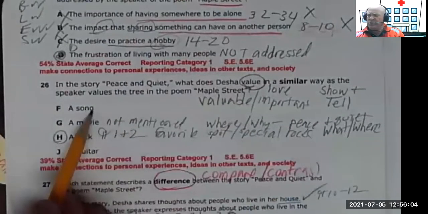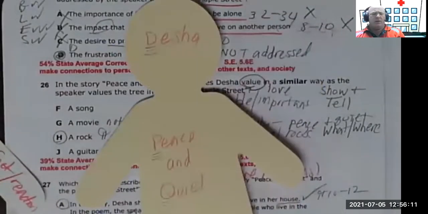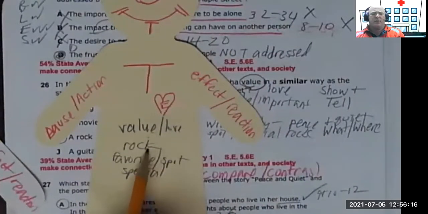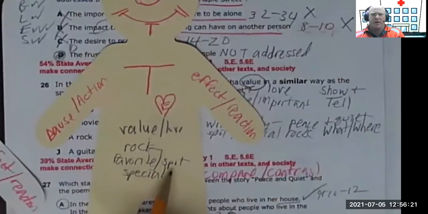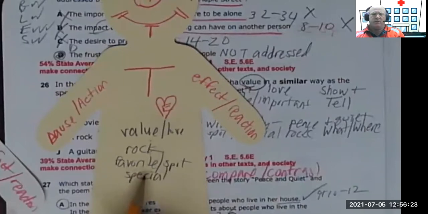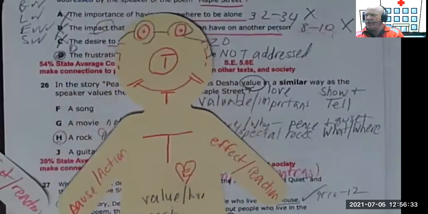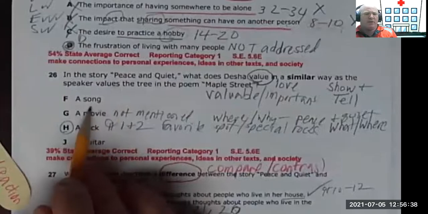So let me get Daisha out. Here she is. Here's Daisha from Peace and Quiet. And she values and loves this rock. Why? Because it says that it's her favorite spot, that it's a special rock to her. So, since that's the answer, I would probably have to show you where it is. Okay? Now, if you look, it says that she